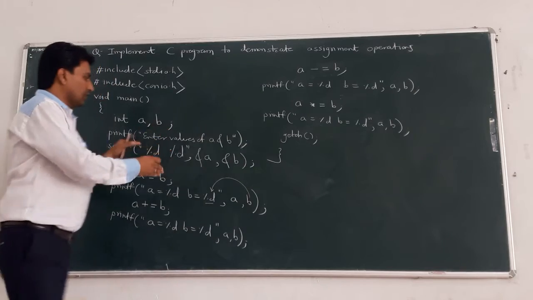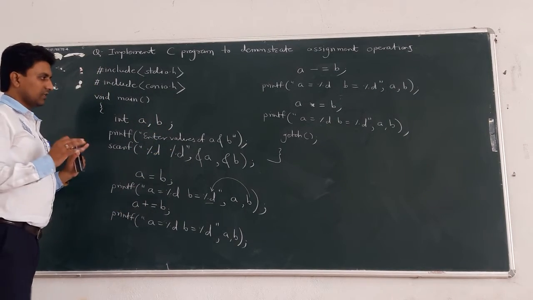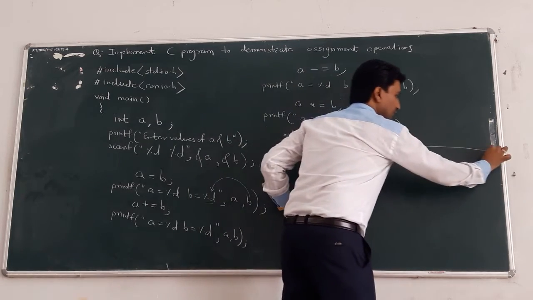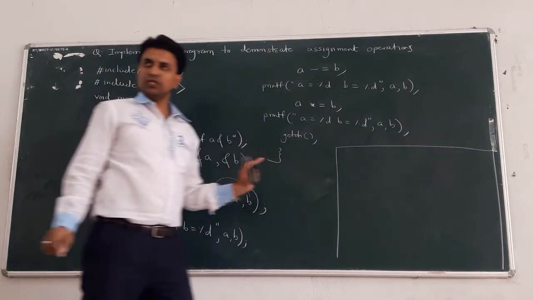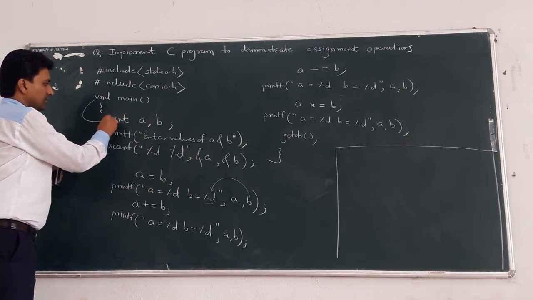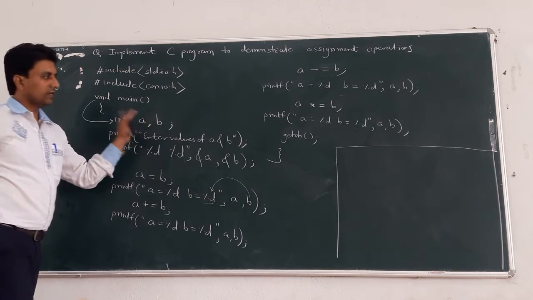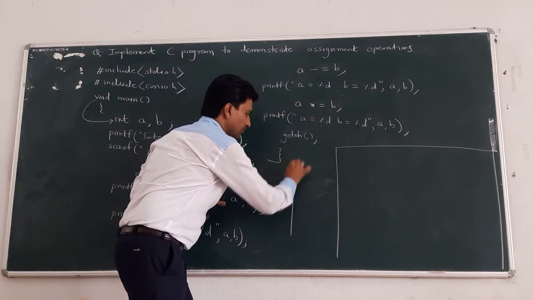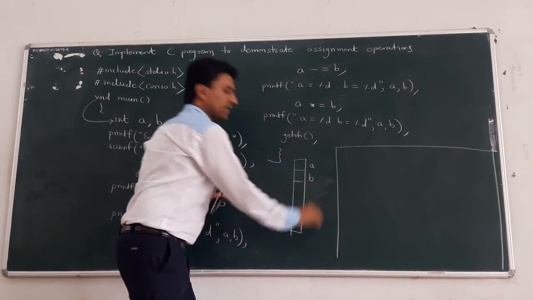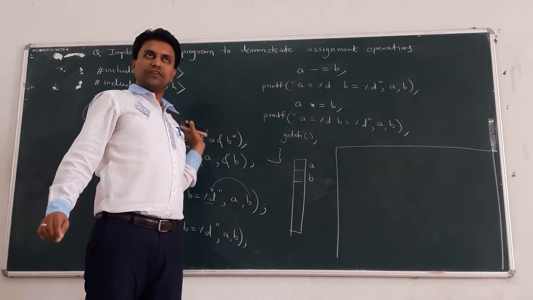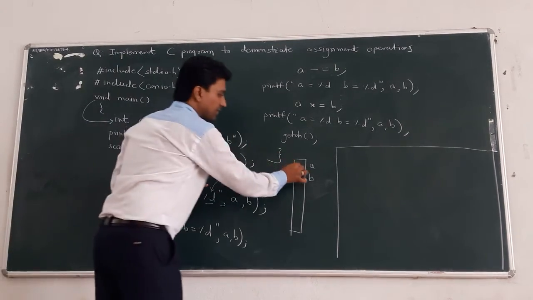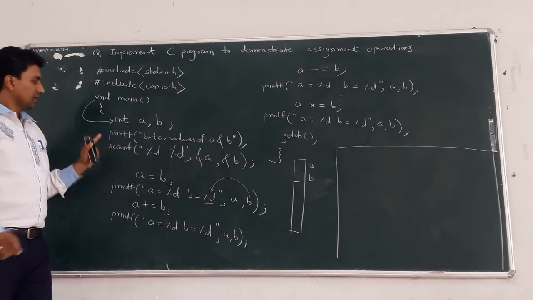We can demonstrate how we use the assignment operator. Now, what is the expected output of this program? This is your text mode window, meaning the console on which output gets printed. When you run the program, memory management is already done for variables A and B. On which memory partition? Stack. Okay, because local variables are stored on the stack partition of your RAM. Next, the initial value is garbage in A and B.